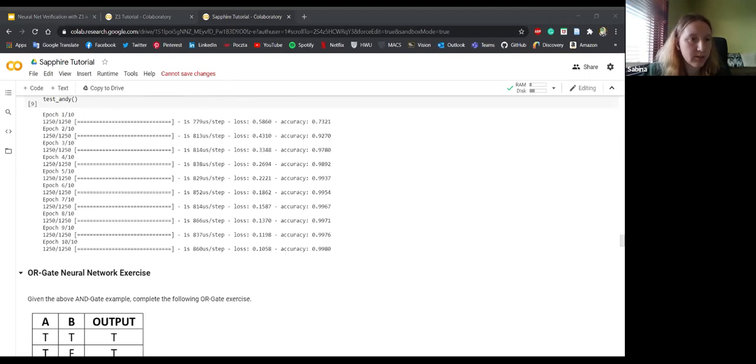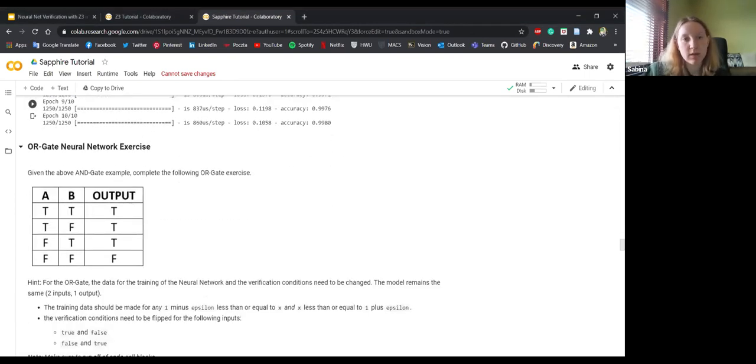And just to mention as well, we verify because testing can only prove that something works for a finite number of points, whereas verification proves that something works for an infinite number of points. And we have just proven that with our AND gate. So now that we have this knowledge of how to set up our AND gate, we'll do an exercise on